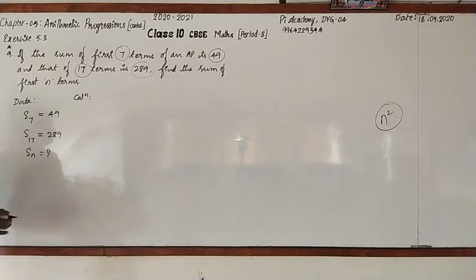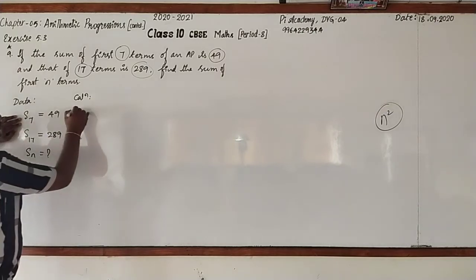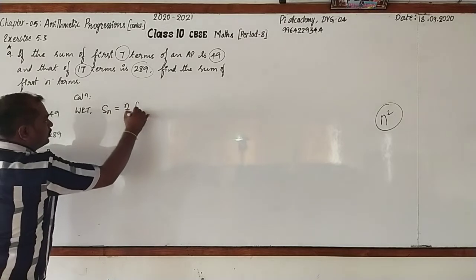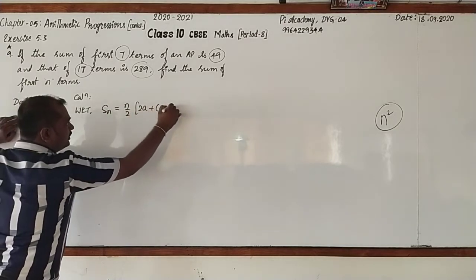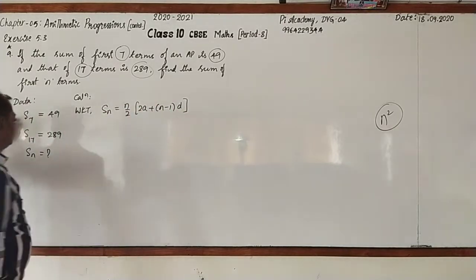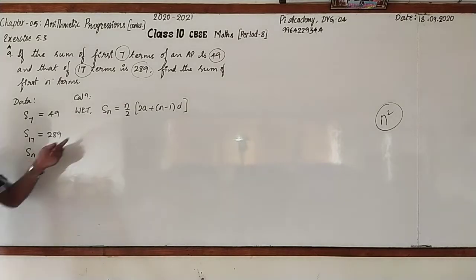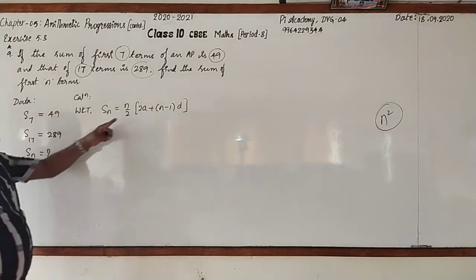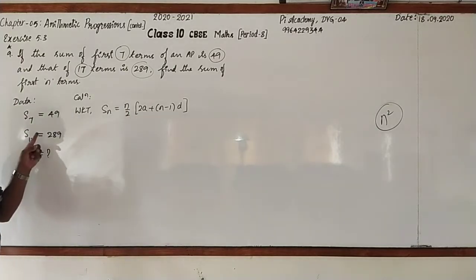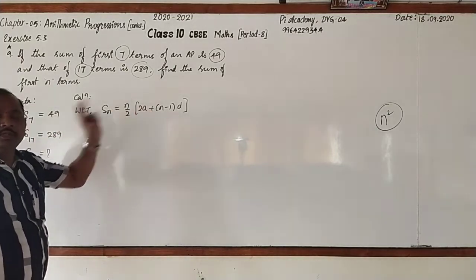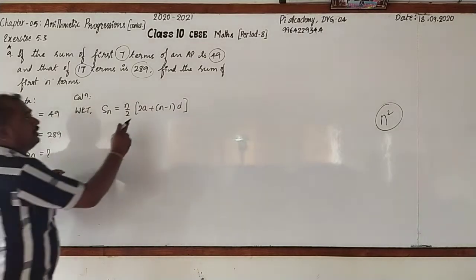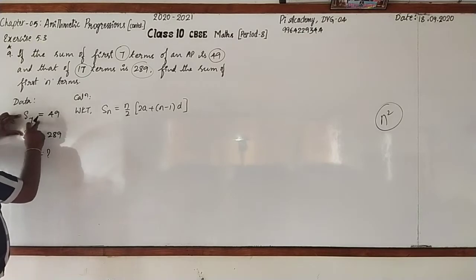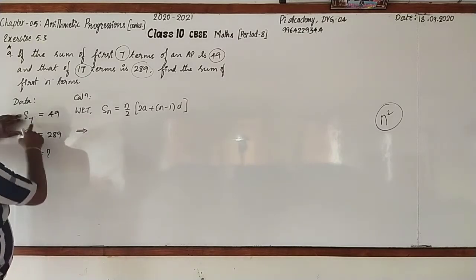Calculation. Now, here we all know that the Sn formula is n by 2 into 2a plus n minus 1 into d. Here to find out Sn, we must know the number of terms. Have I given the number of terms? No. The first term, do you know the first term? Unknown. Common difference? It is unknown. So therefore, we have to find out the first term and common difference by using these two statements. Hence, I'll write. Observe.